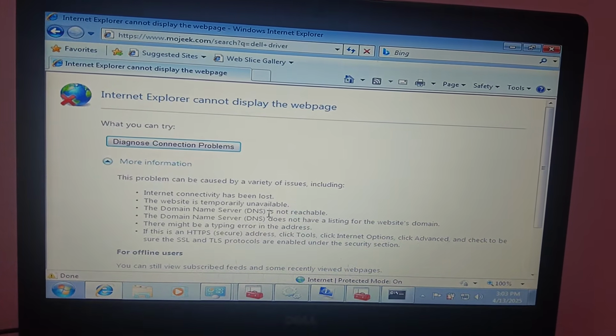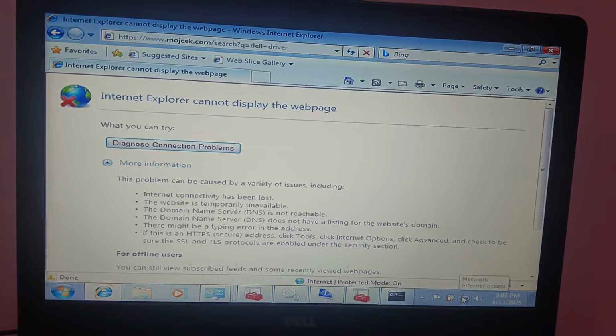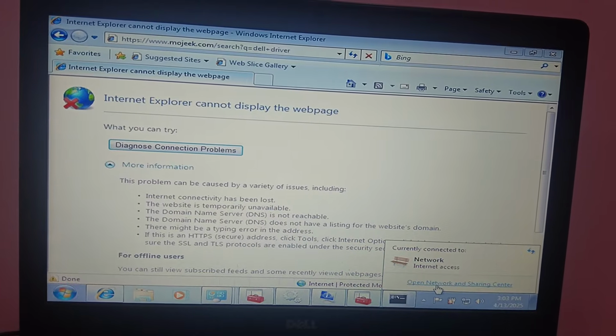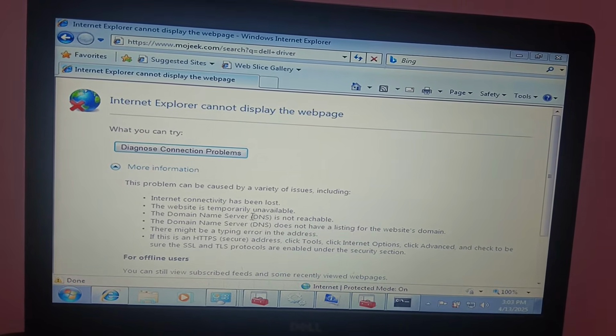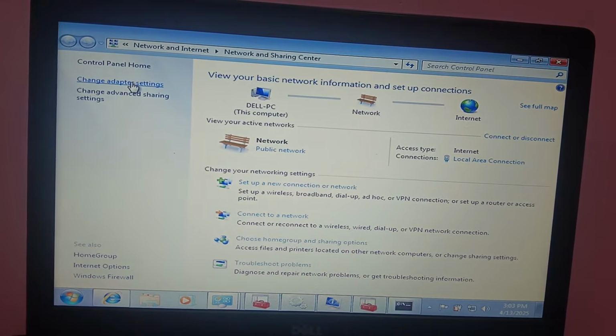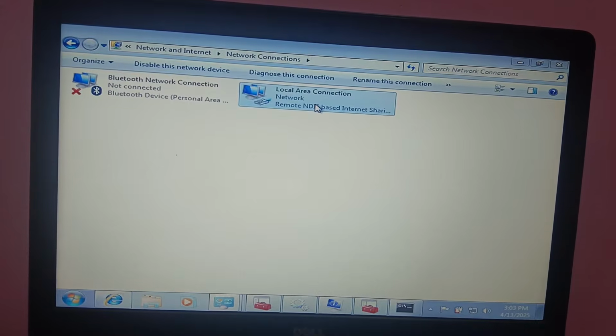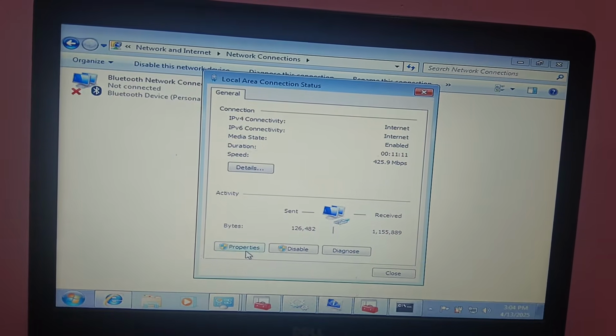So first we are going to install the DNS on our system. Click on open network and sharing, and then click on change adapter settings. Then you need to double click on this connected network, then go to its properties